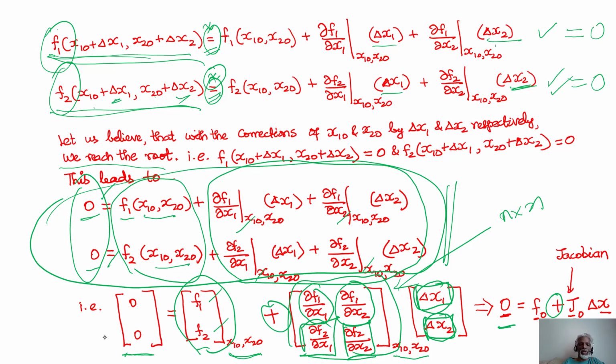So if you look at it, you have this n by 1, which is the 0 vector, will have size n by 1. Here n is equal to 2. So here the 0 vector is of size 2 by 1. So it's a column vector with two elements.